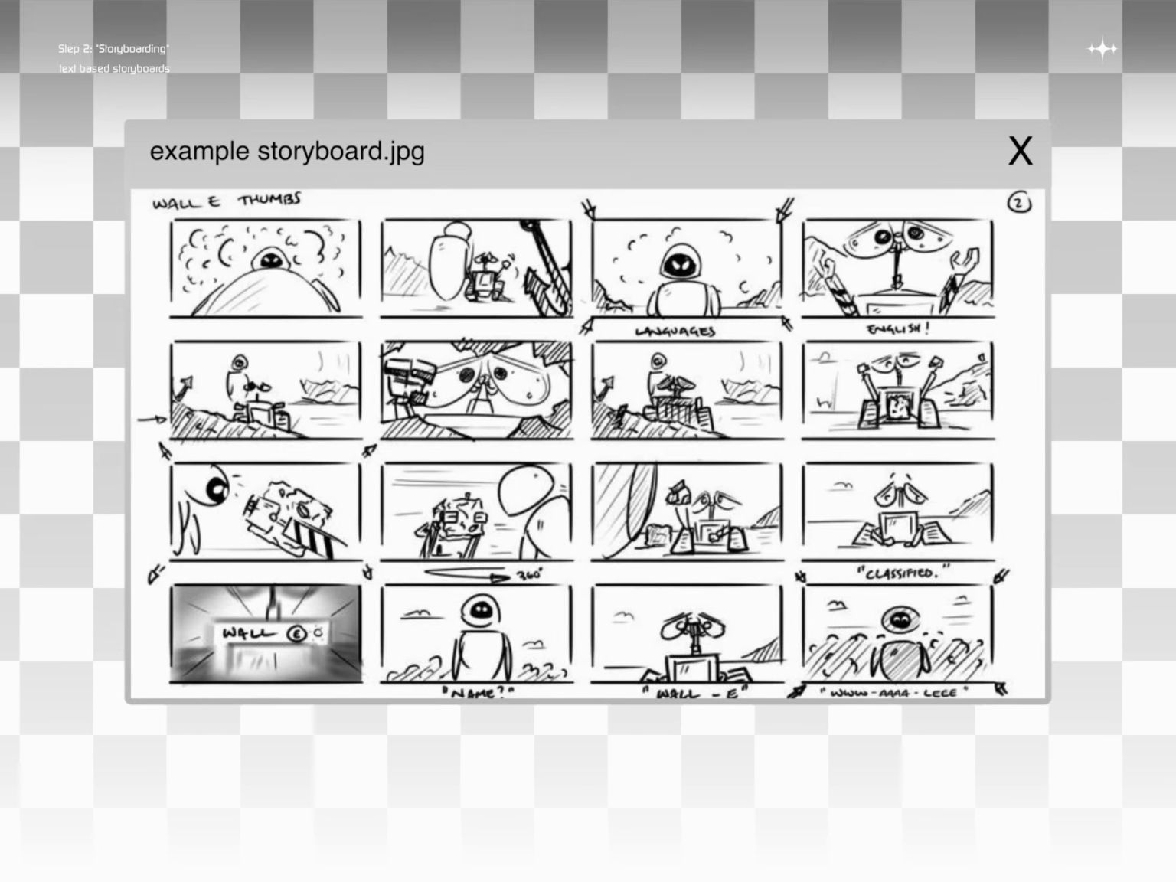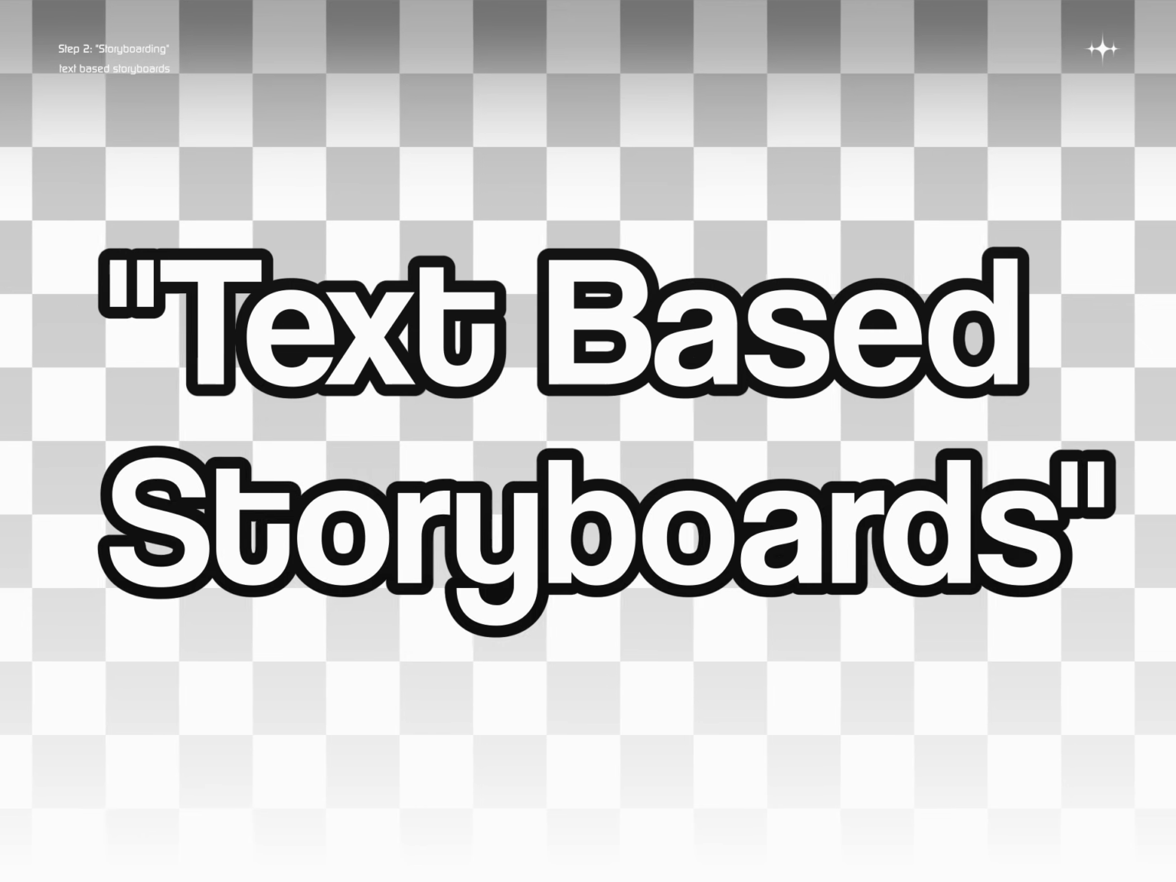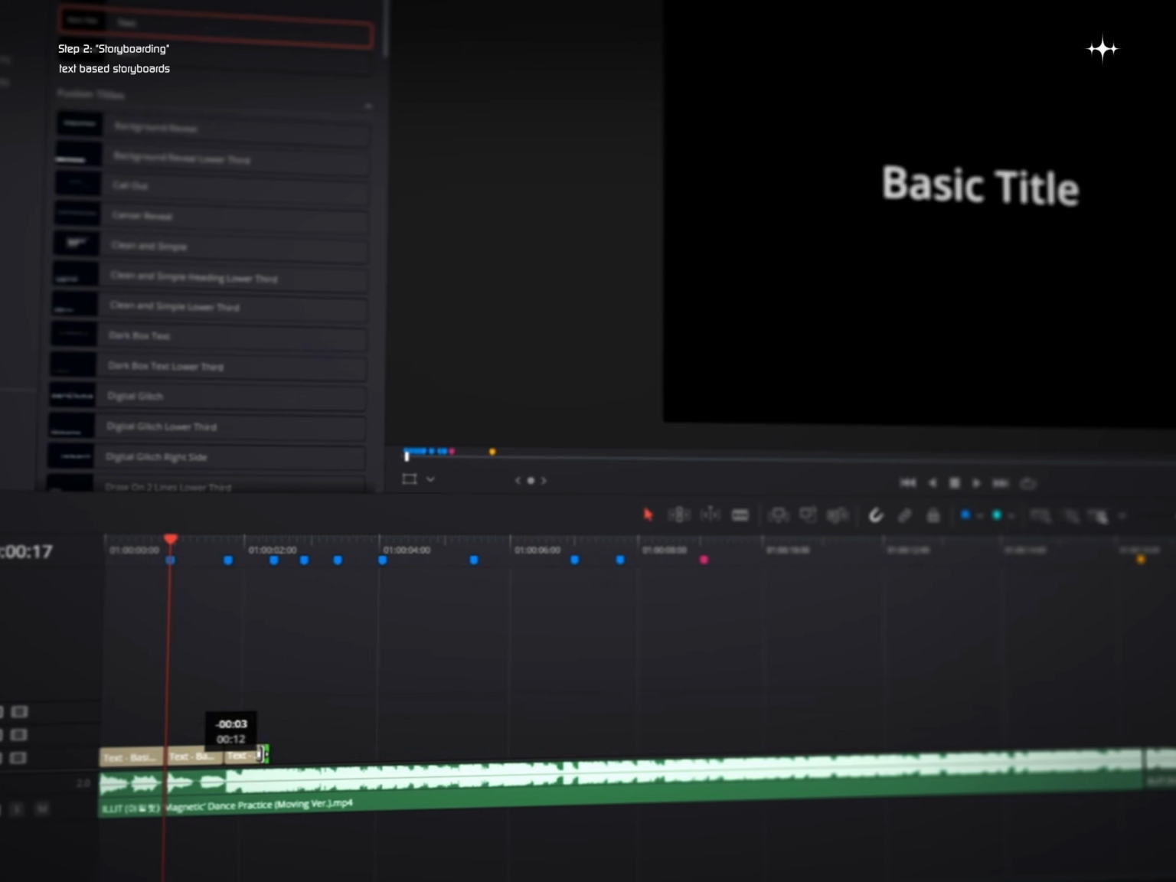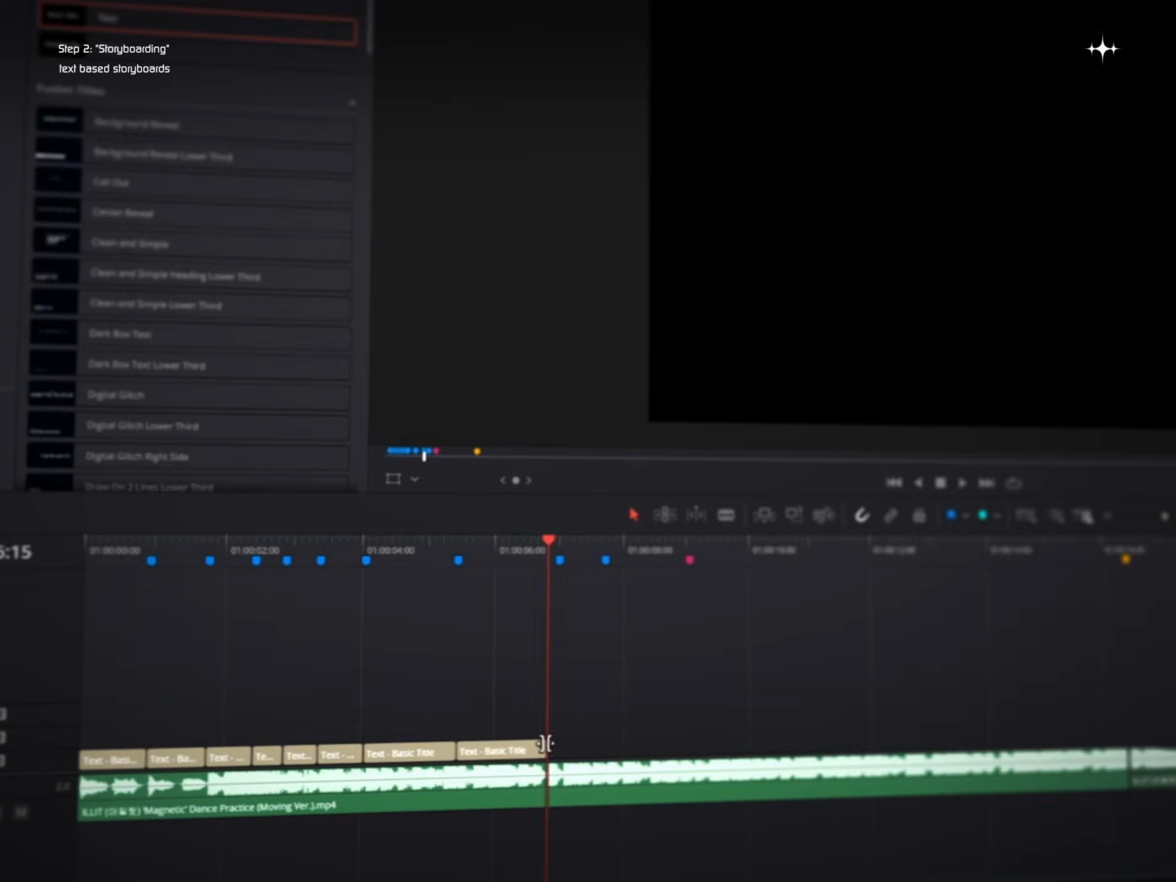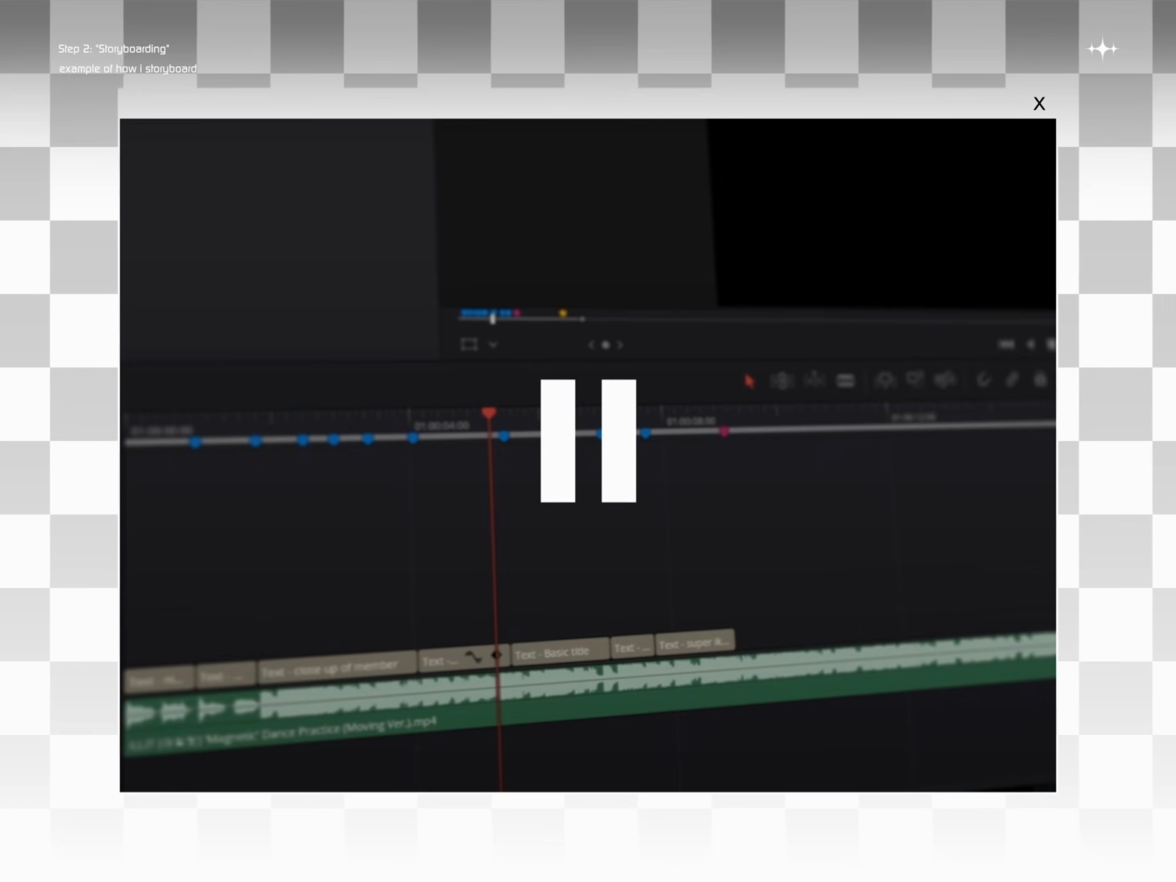I don't make storyboards in the traditional way. Instead, I make what I call text-based storyboards. Basically, on every marker I add a text layer describing what that scene should be. For example, at this part of the song it goes like,